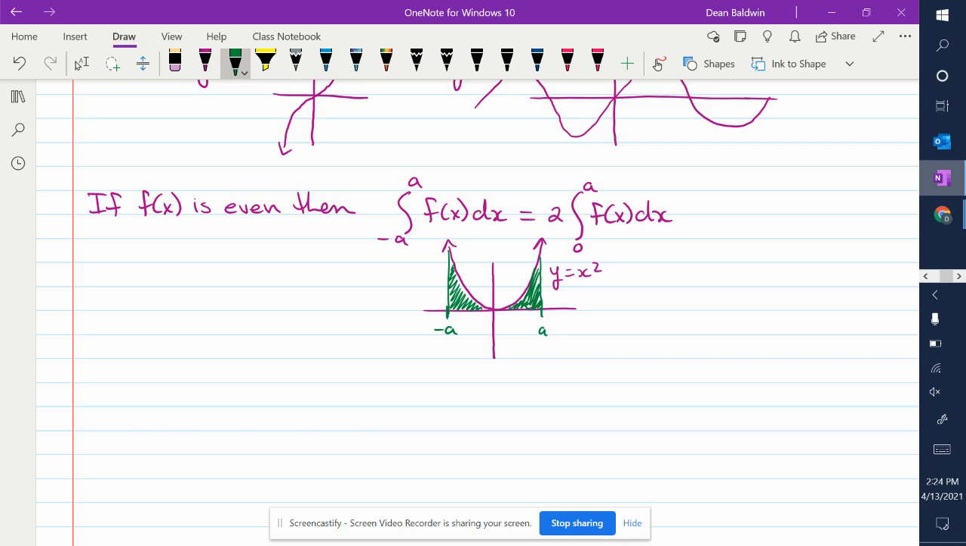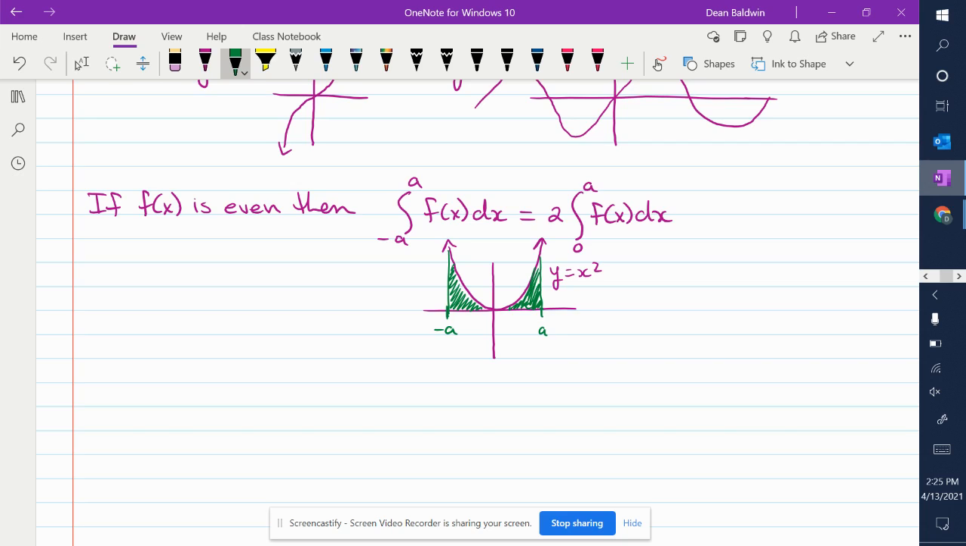Why would you want to do that? Because you get to use 0, and 0 usually cancels a whole bunch of stuff. It makes the calculation easier. Okay? So if you can put a 0 into your calculation, you might as well do it because it makes